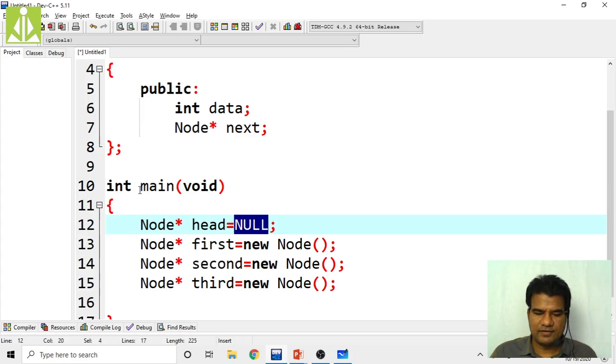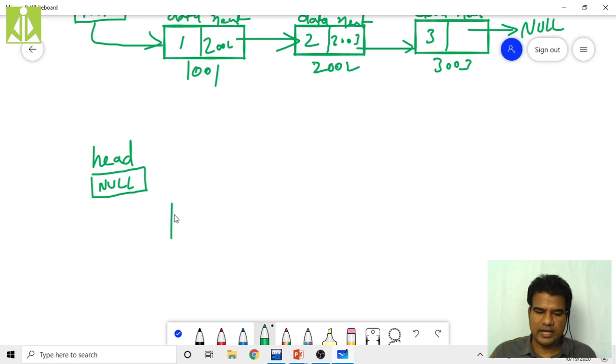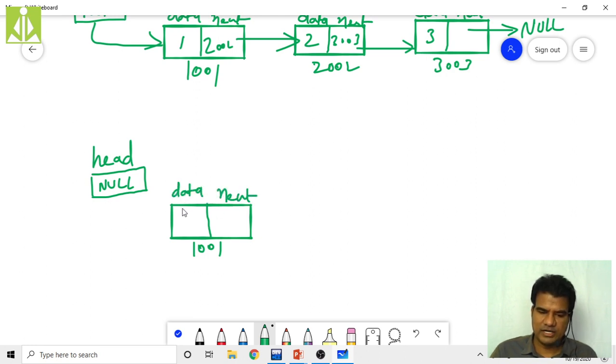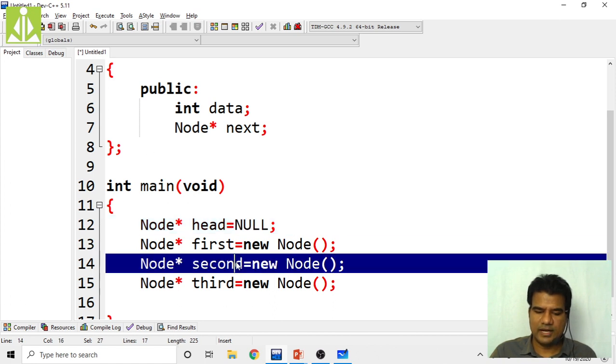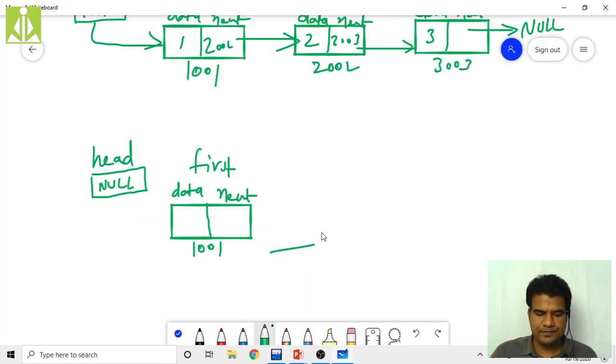Then we have created the first node with name first. I'm assuming the address same. First node we have created, data part still we have not initialized, next part still we have not initialized, and the name of this node is first. Then we have created the second node here, like this.